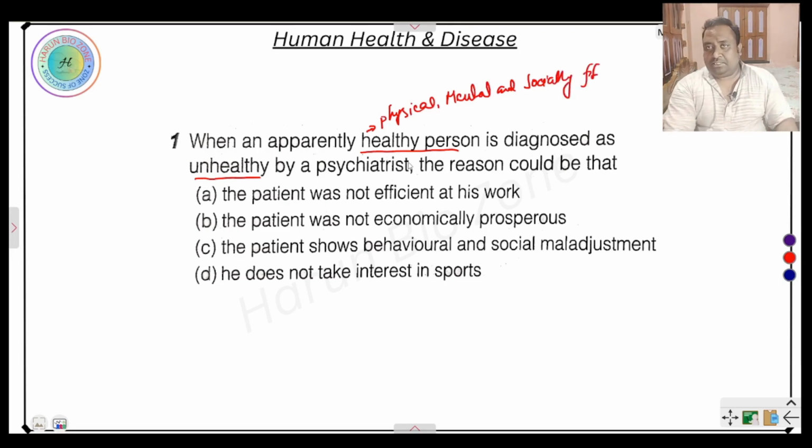So a person is diagnosed as unhealthy when the patient was not efficient at his work, the patient was not economically prosperous, or the patient shows behavioral and social maladjustment. Here the correct option is the patient shows behavioral, meaning mental, and social maladjustment. This is called an unhealthy person. Next question,